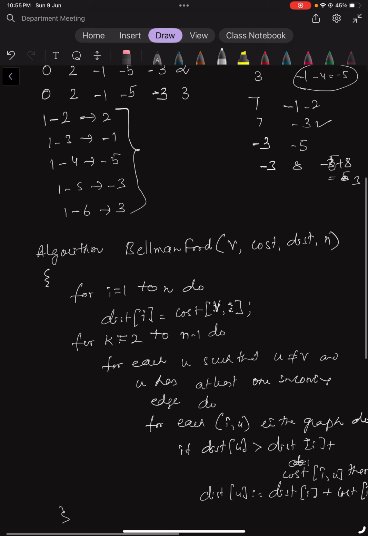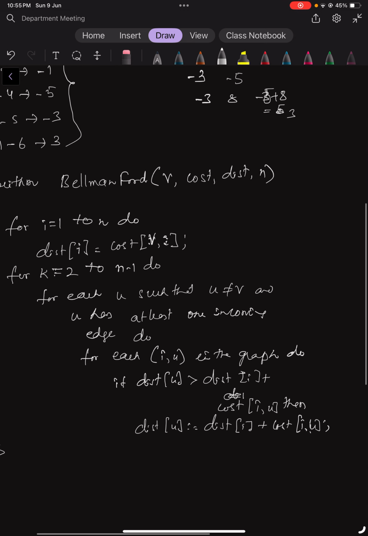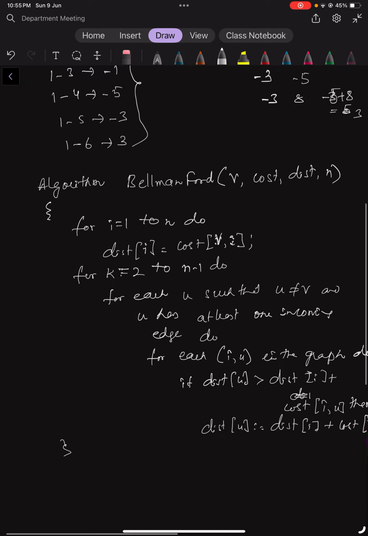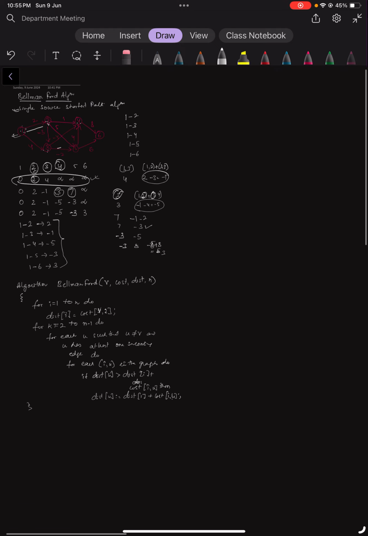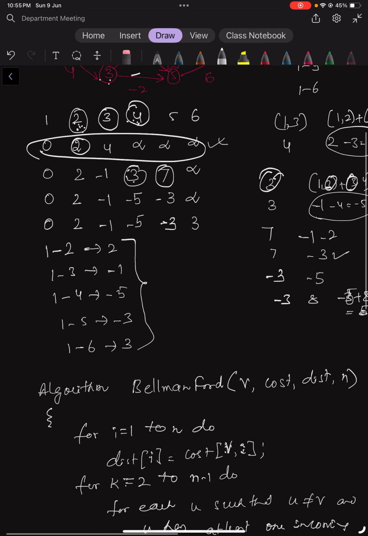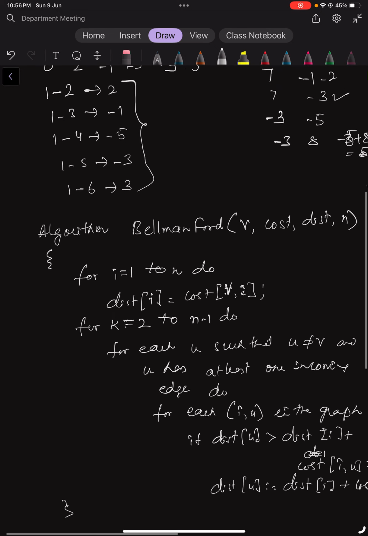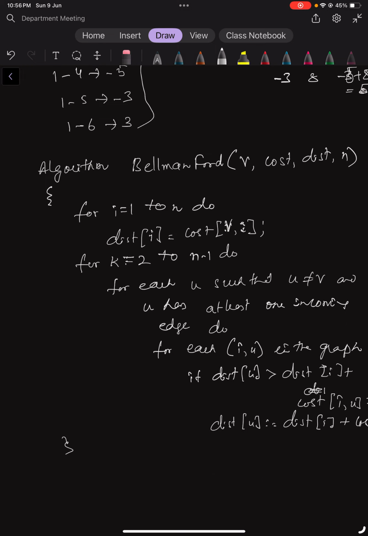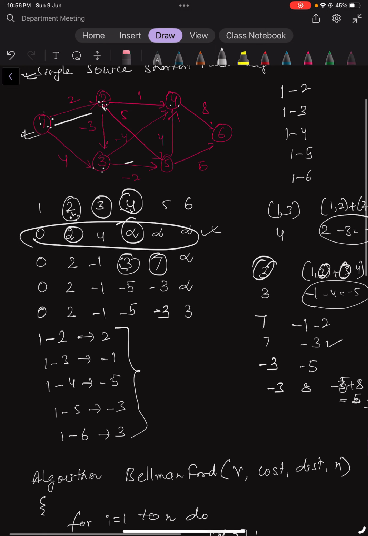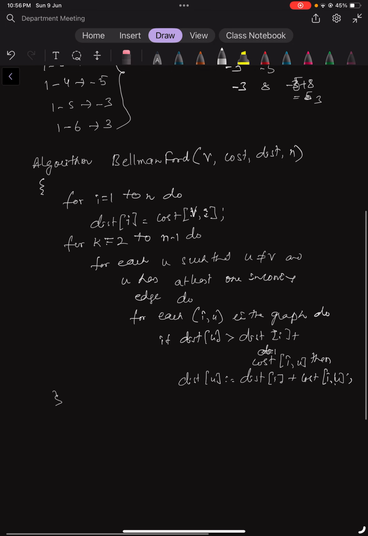Plus cost of I comma u, that means the cost of 2 to 4, that is 1. So that is 3. Earlier, what was the distance? Infinity. So if that infinity is greater than 2 plus 1, that is 3, yes,